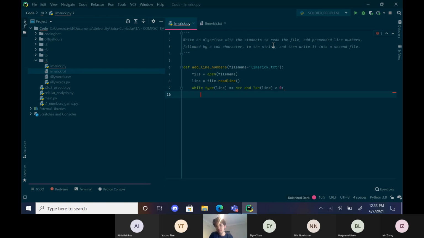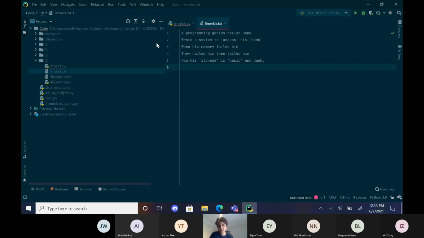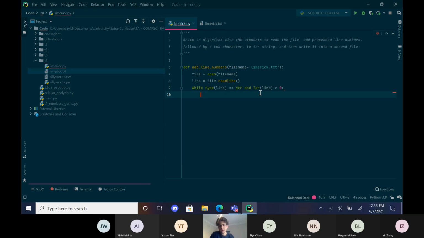Now, it assumes that we don't have anything like this, but I think that's a fair assumption. We see our input file. So assuming that this is correct, if there's this, it won't read this last line. And so all we want to do now is, and we'll need a counter as well, starting at 1, is say,